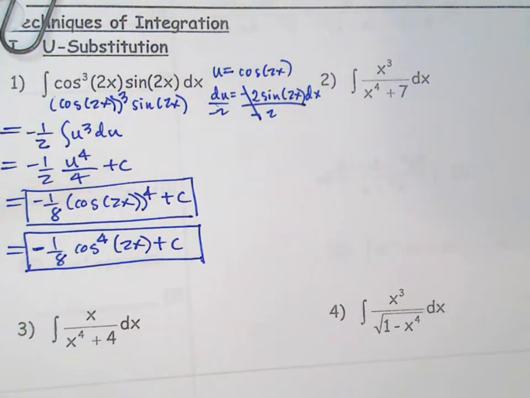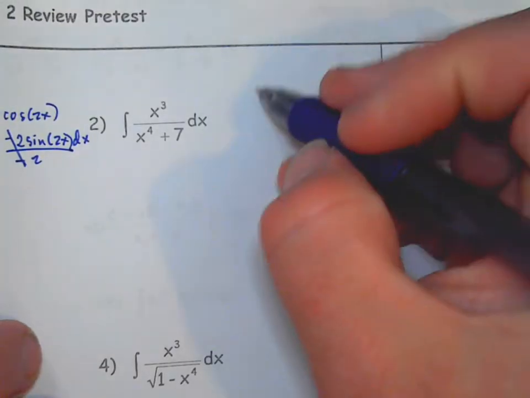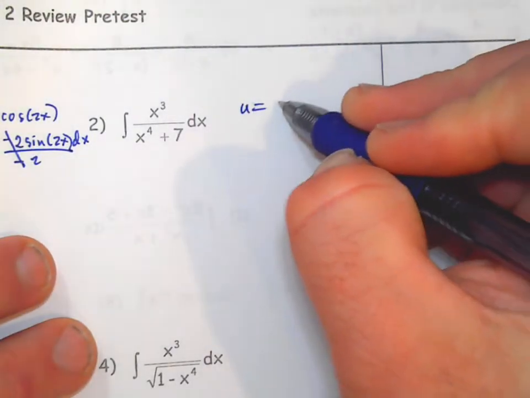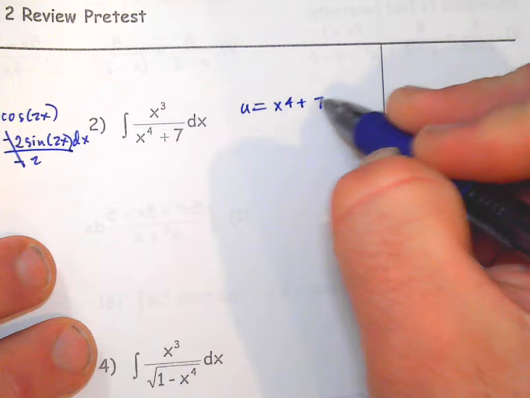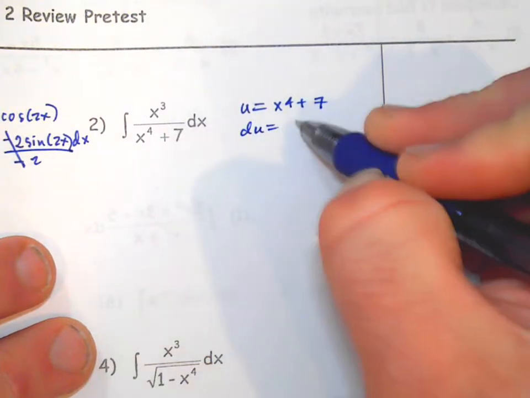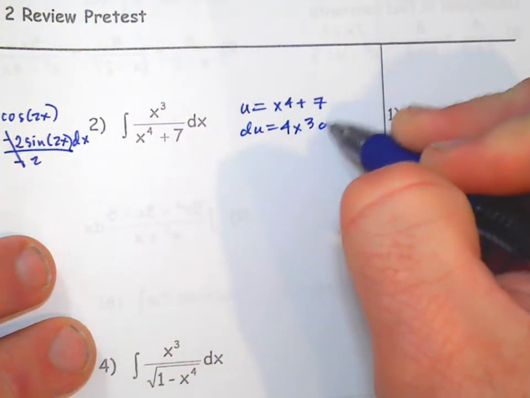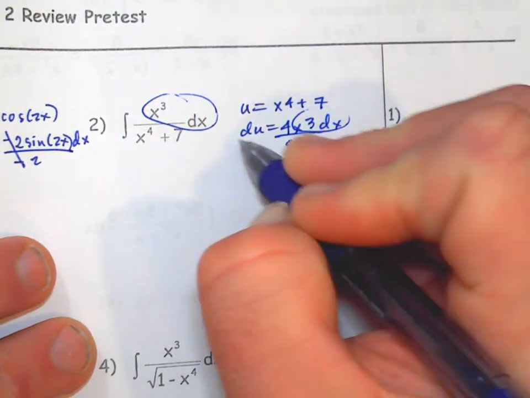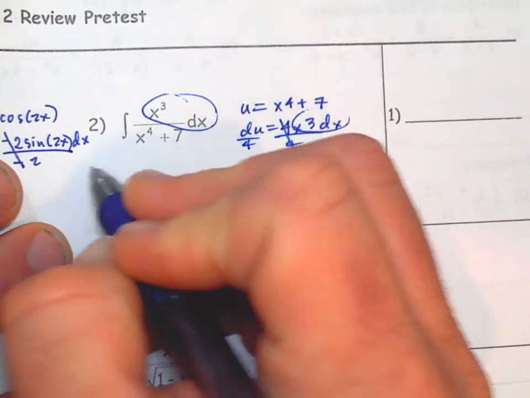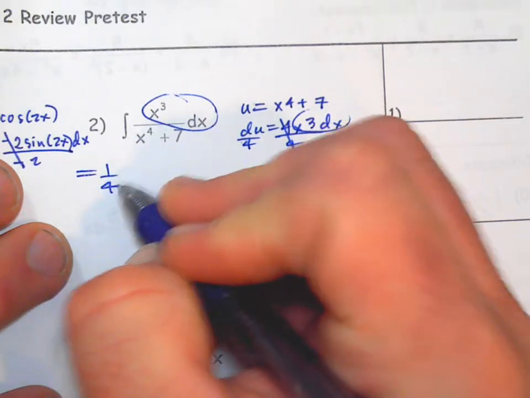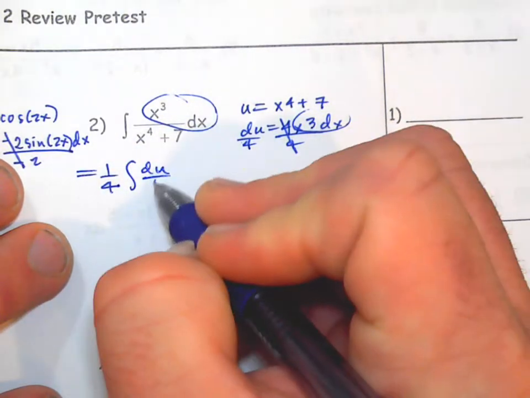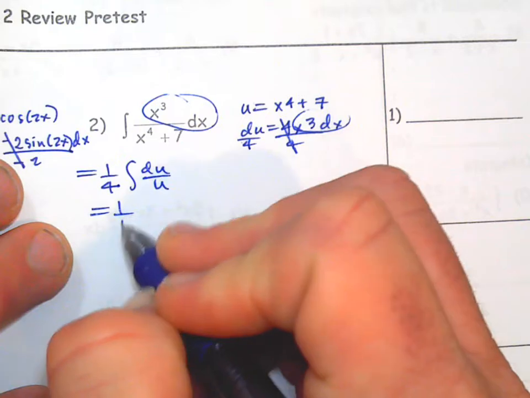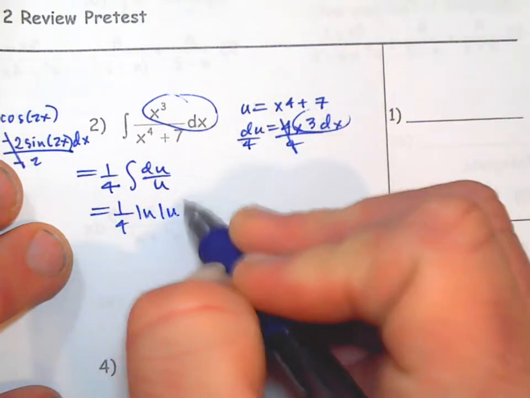All right. Number 2. Probably just regular old u-substitution. Looks like it's going to work. You can usually check in your head. x cubed dx, I want the 4. So that's going to be 1/4 du over u, which is going to be 1/4 natural log of the absolute value of u plus c,